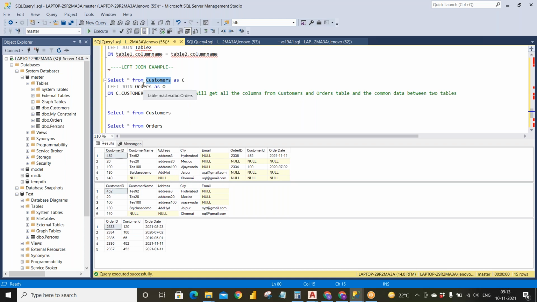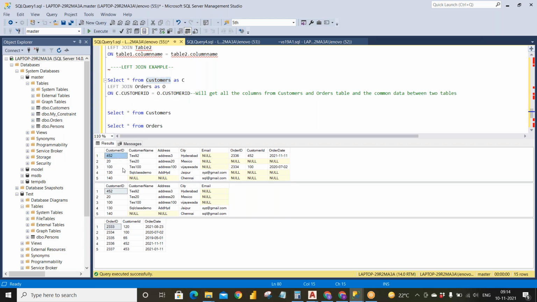Now coming to the common data. I have said all the left table data will be there, and it is present. From customer ID to email, all the data from the customers is present in this join data. Now I need to get the data of orders which are common. First we will see the common data.